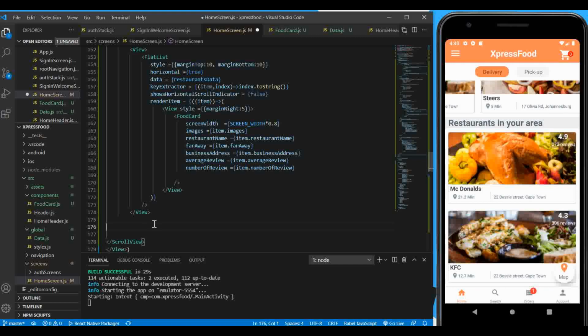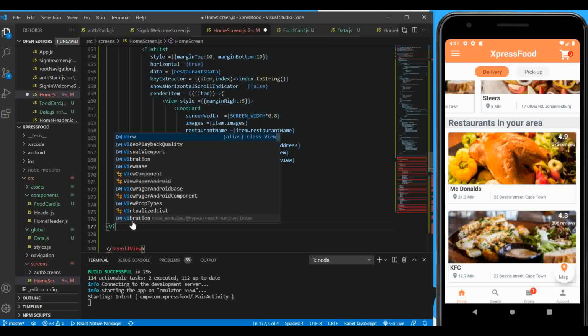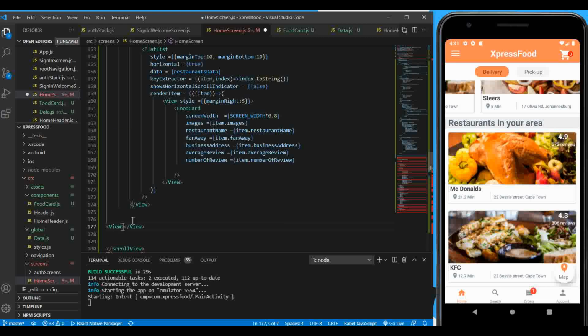So in here I'm going to open a view above the scroll view. I hope you understood what I'm saying. We have a scroll view already in here which has got a vertical scroll direction. That means I cannot add another scroll view here with vertical scroll direction again. It's gonna be giving an error. So to avoid that, I'm simply gonna use a map method. So open a view here, and then inside this view,